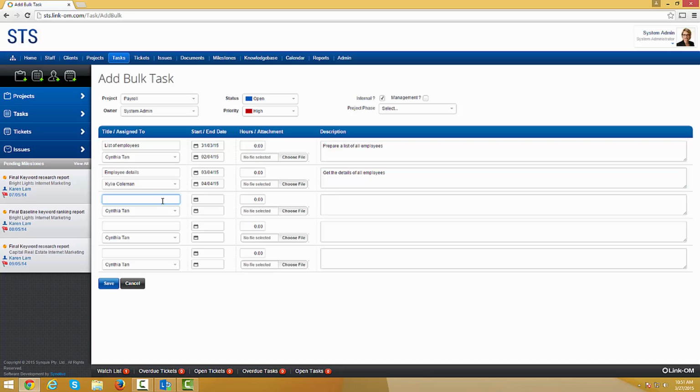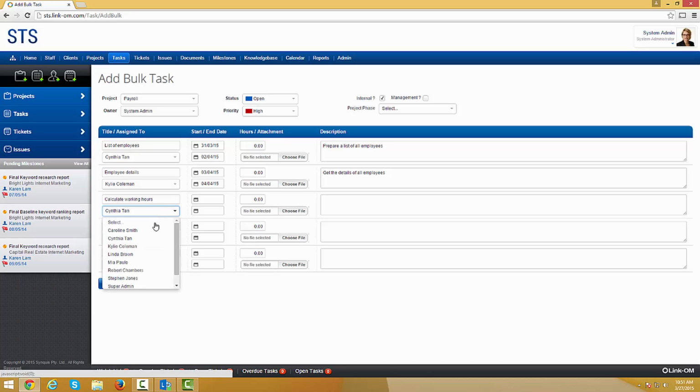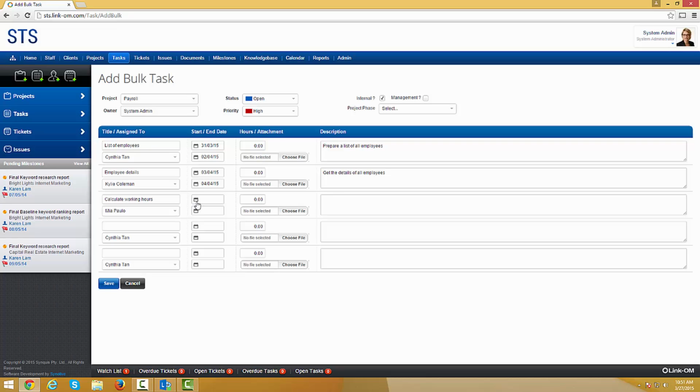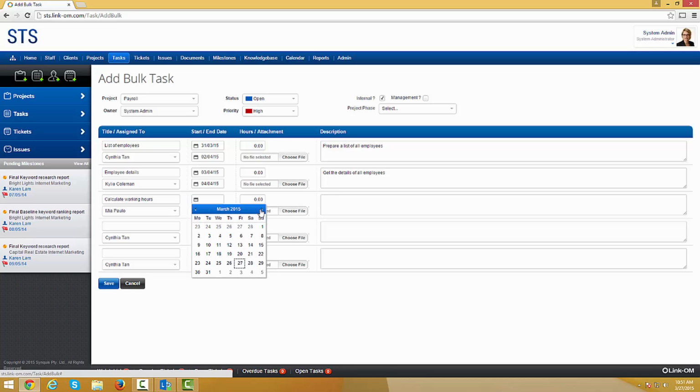Let's add a third task, a different task. Calculate working hours. Assign this task to a different person other than the first two. Choose the start date and end date.